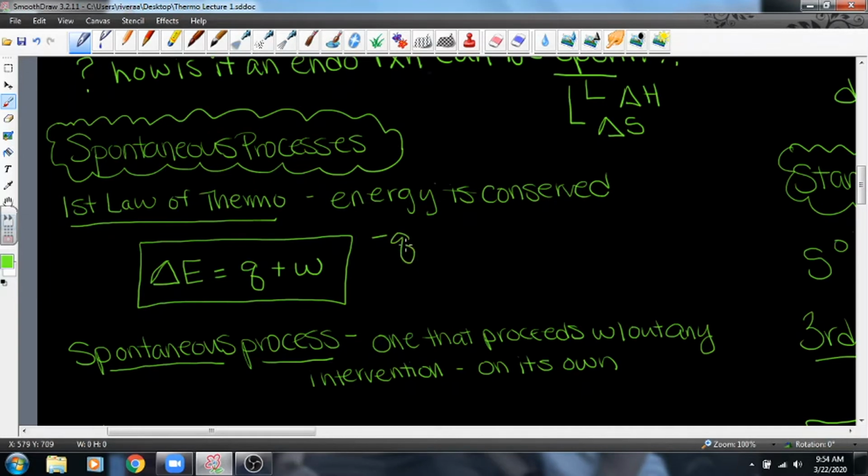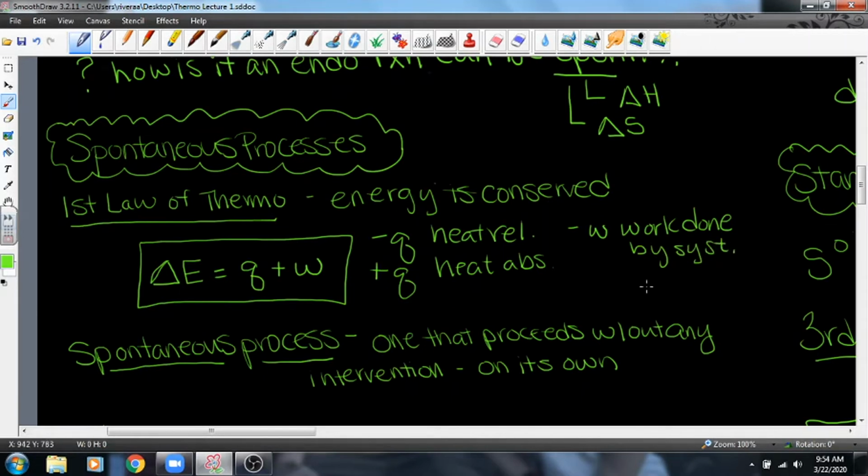Negative Q means heat was released by the system. A positive Q would mean that heat was absorbed by the system. A negative W would mean that there was work being done by the system